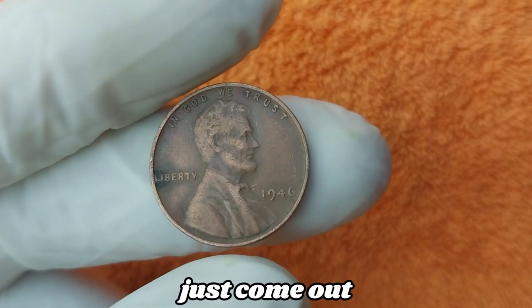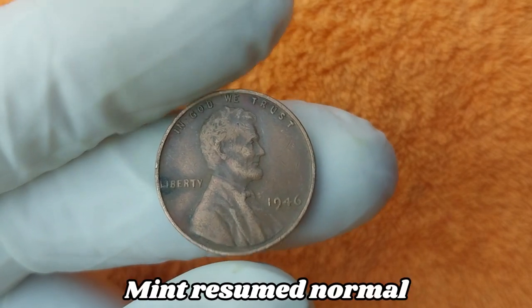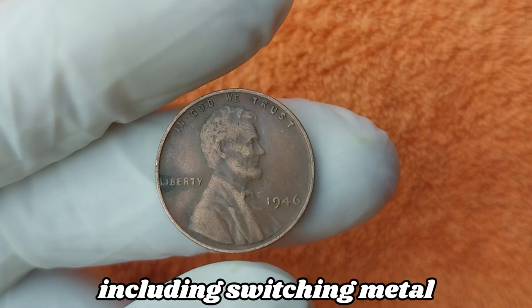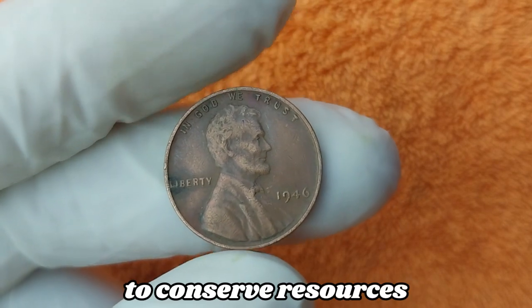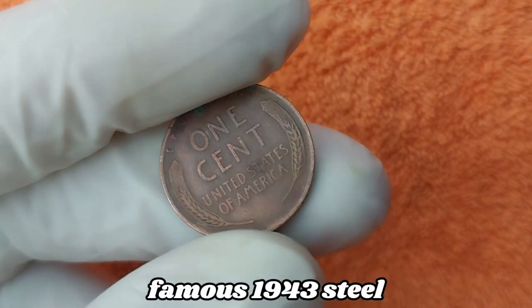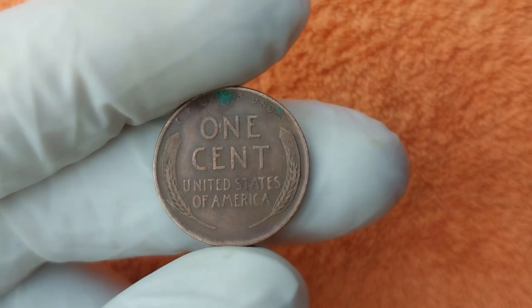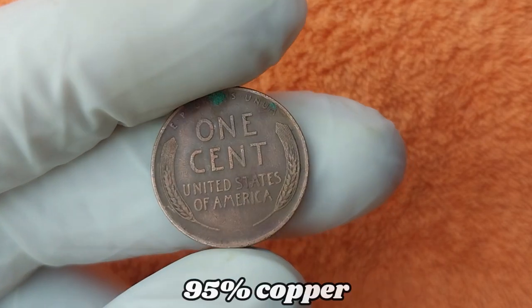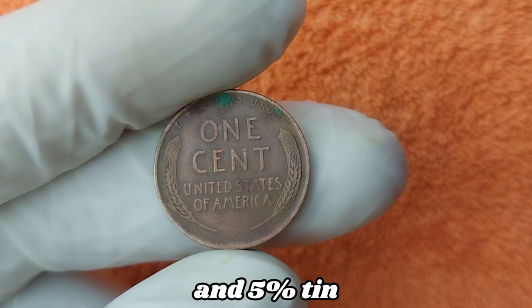when America had just come out of the war and the U.S. Mint resumed normal operations after years of adapting to wartime production demands, including switching metal compositions to conserve resources, such as the famous 1943 steel cents. And while the 1946 penny returned to its pre-war bronze composition of 95% copper and 5% tin and zinc,